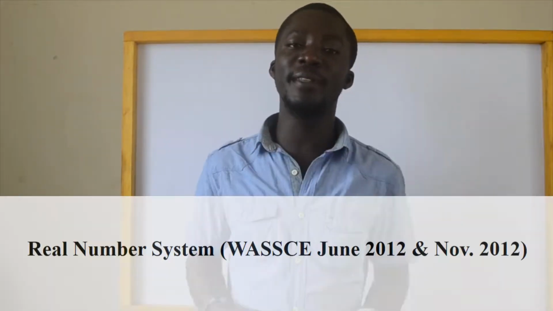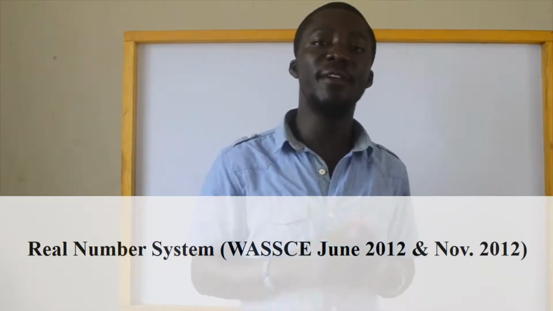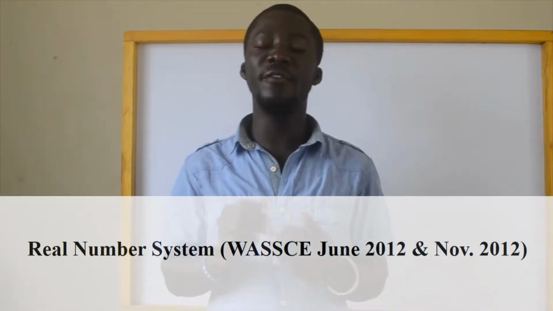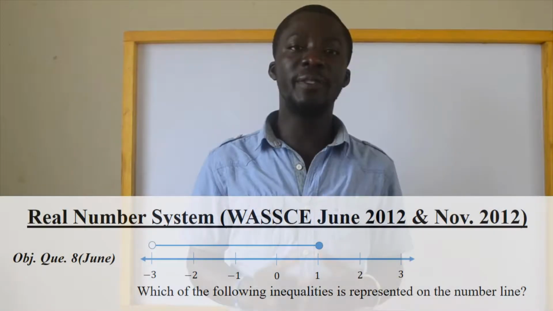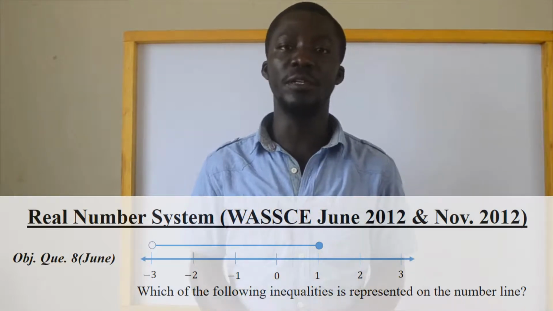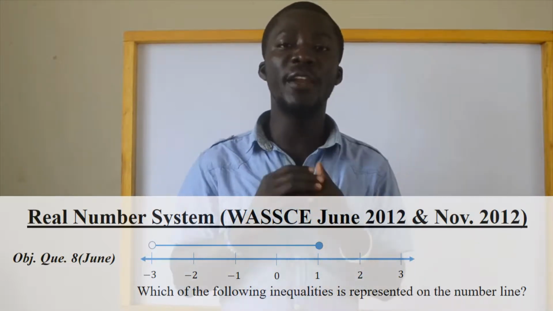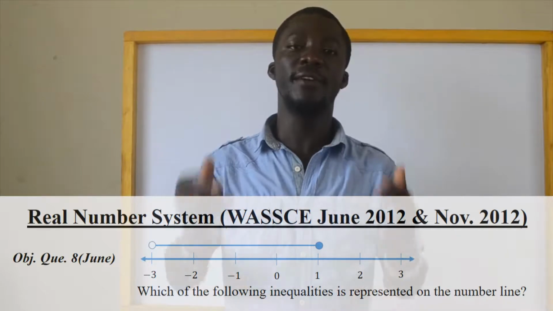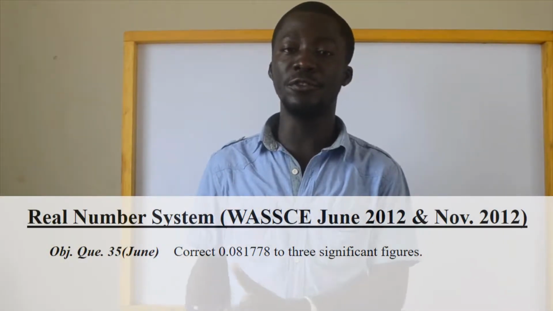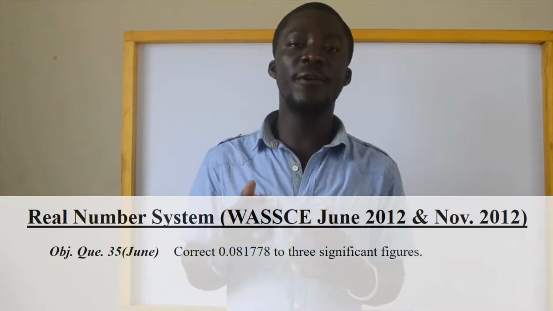In this tutorial, we are going to solve the real number system questions that came in WASSCE June 2012 and November 2012. Objective question 8, June. Which of the following inequalities is represented on the number line? Objective question 35, June. Correct